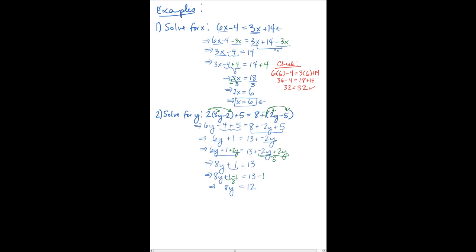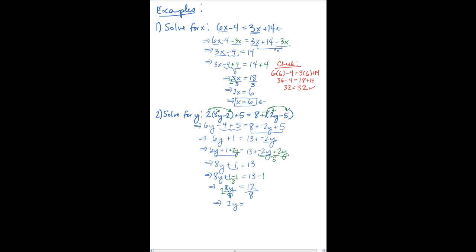The y is almost by itself, but it has an 8 next to it. What is the 8 doing in the equation? The y is being multiplied by 8. So the opposite of multiplying by 8 is dividing by 8. So we can divide both sides by 8. 8 divided by 8 is just 1. So we get 1y equals